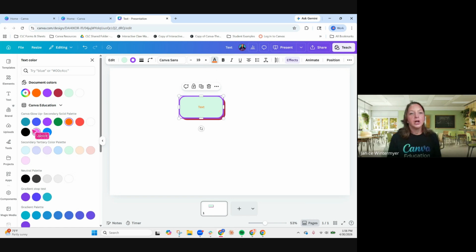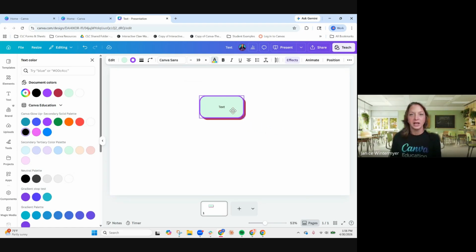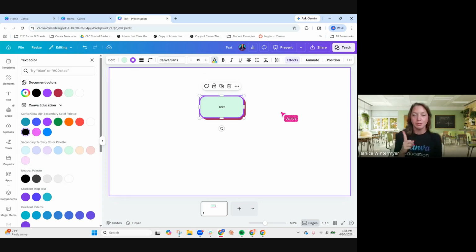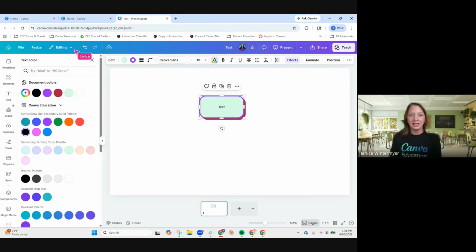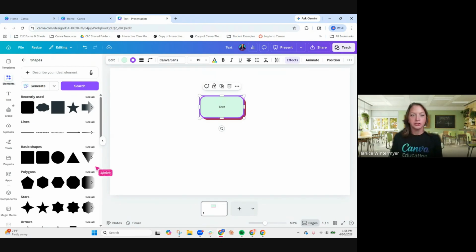Okay. Along with that, I didn't say this on Tuesday, but I'm going to share this too, because this is not a new feature, but it is definitely one of the ones that gets overlooked most, but also gets the most oohs and ahs when I share it. And that is if you add any one of these shapes to your design. So it has to be a shape. It can't be a graphic. When you go into elements and you go into shapes and you pick any one of these shapes,